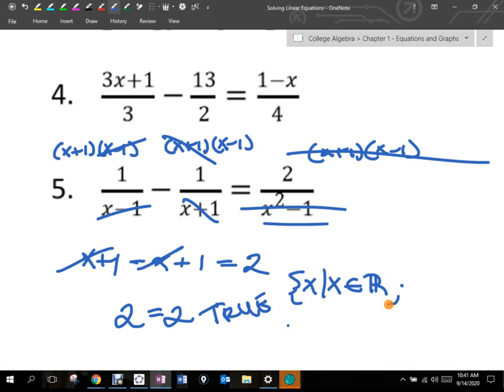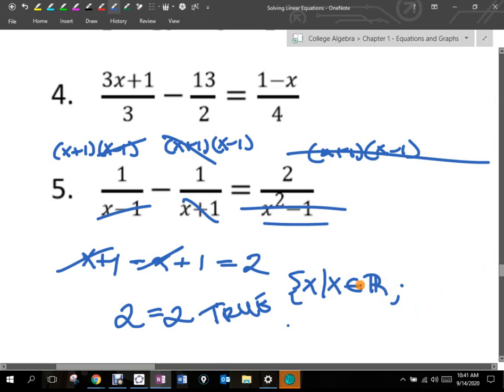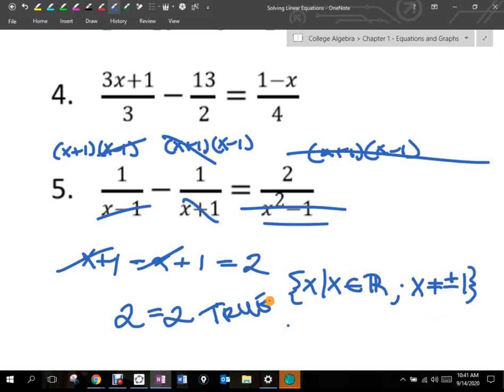So what we do is we write x such that x is an element of all real numbers, but x cannot equal plus or negative 1. Okay? When we start talking about set notation, interval notation, you guys remember interval notation last year? Phrases like that? You ever hear the words? Not necessarily what it is, but what the words are? Okay, no? We will talk about how we write what I just wrote up there in what we call